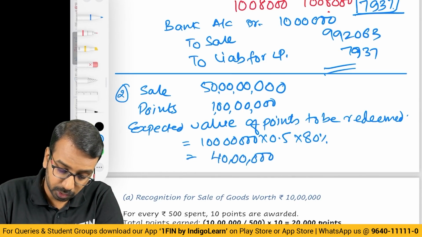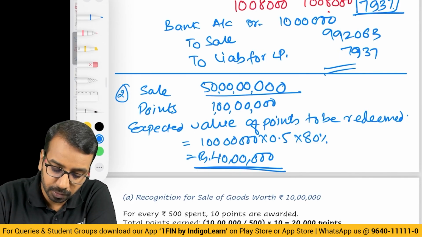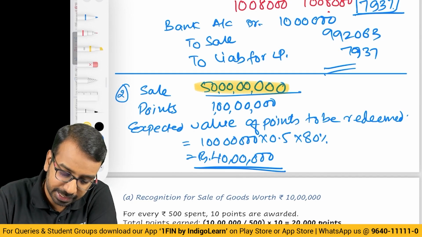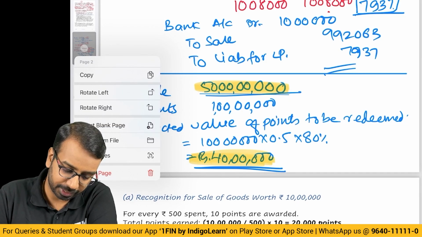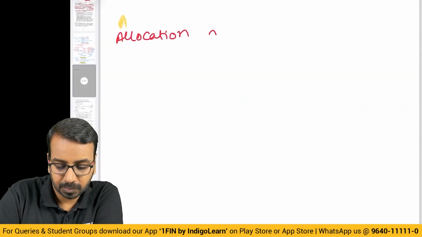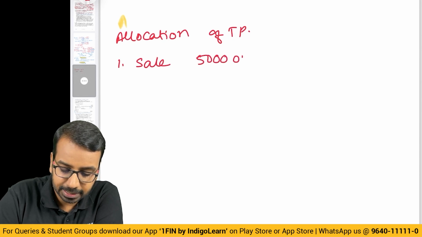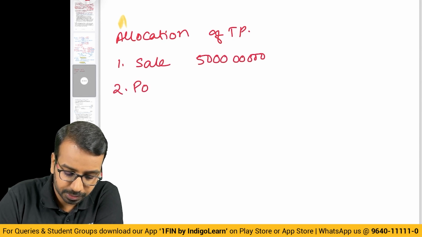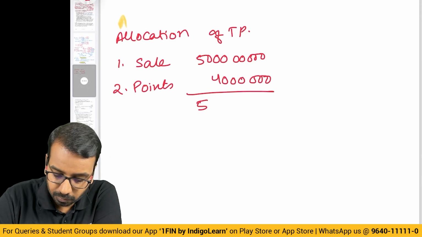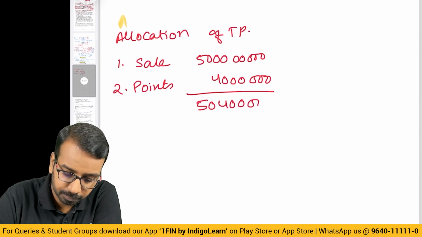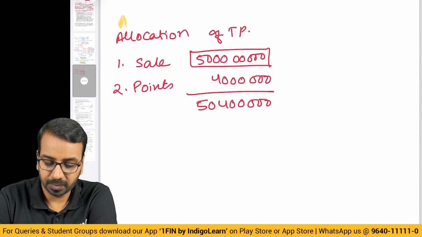So what we are saying is, rupees 40 lakhs worth of points will be redeemed, and right now we have sold goods of 50 crores. So there are two performance obligations: sale of goods and points to be given in the future. So how do we allocate it? Allocation of transaction price: sale 5,000 lakhs, points 40 lakhs, total is 5,040 lakhs. The transaction price is 5,000 lakhs. So allocation would be,